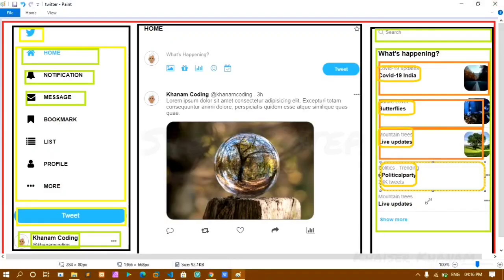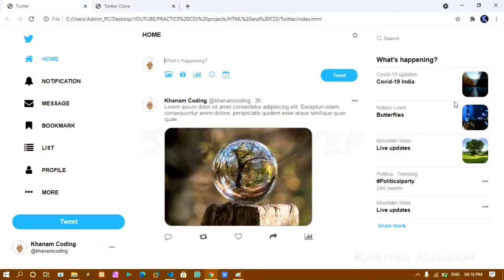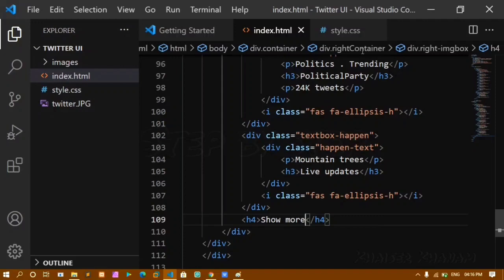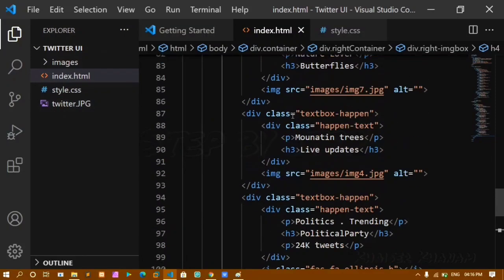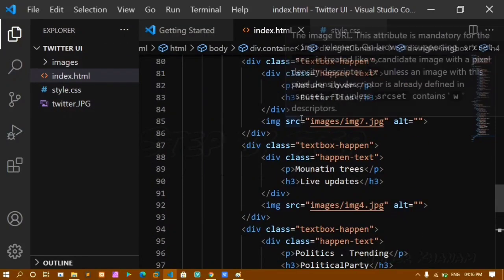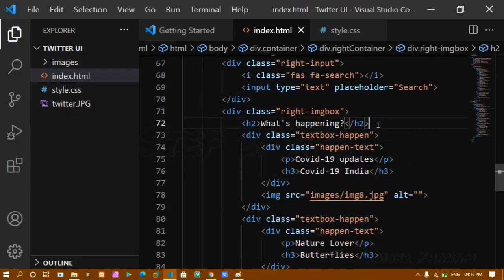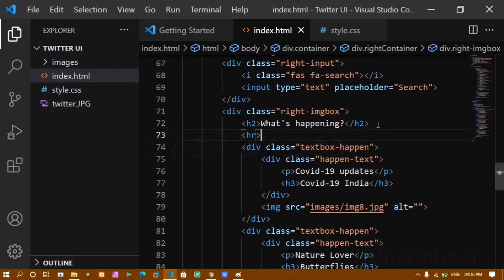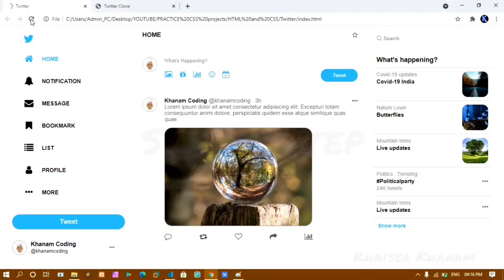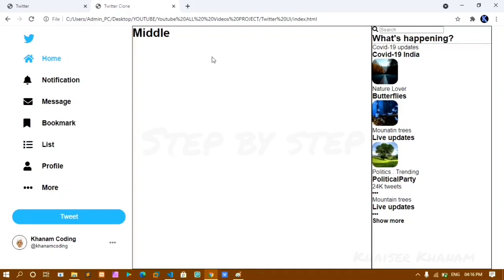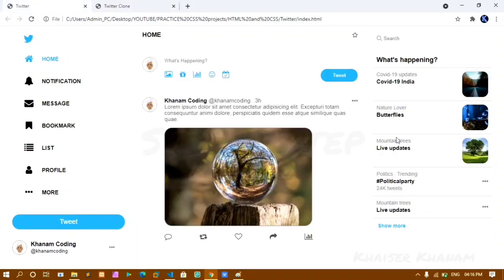Now if you see here, and if I'll show you here. Now if you see here, I have HR tags for each of my divs. Okay, you can see up and below. So I'll just give my HR tags for everything. Now first, below my H2 here, I'll just give one HR. I'll save this. I'll just come and I'll refresh my project here. You can see I got my H2 tag here, and here also I have 1 2 3 4 5, total 5 HR tags I have.